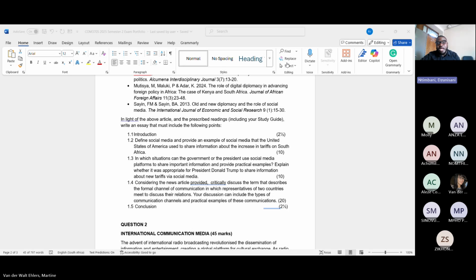So actually, we are looking for the term from you after reading the study material, especially, I believe, chapter 7 or learning unit 7, where they discuss what is happening here, where one country communicates with another, the issue of international relations. So you need to find out the formal negotiation, and when one country communicates with another, what do we call that?